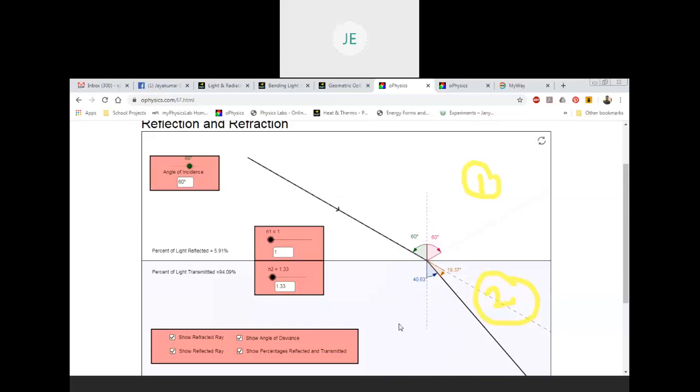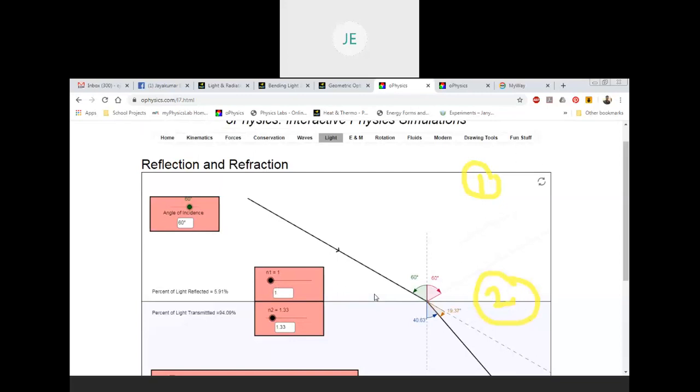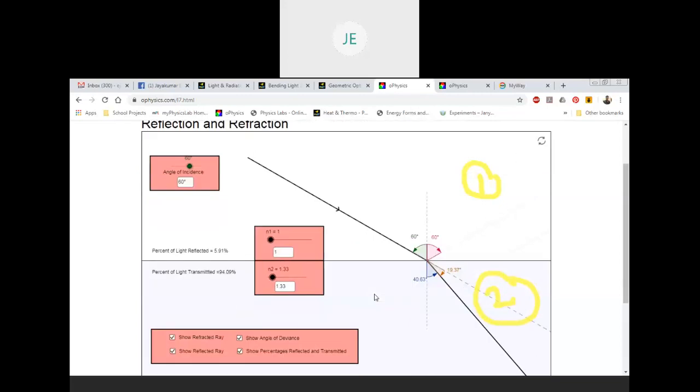So whenever the light travels from air to water, refraction takes place, bending of light takes place, there is a deviation in the refracted ray, and as you keep increasing the refractive index, the refracted ray gradually moves towards the normal. You can experiment in this way, and you have to write one experimental write-up based on this also.